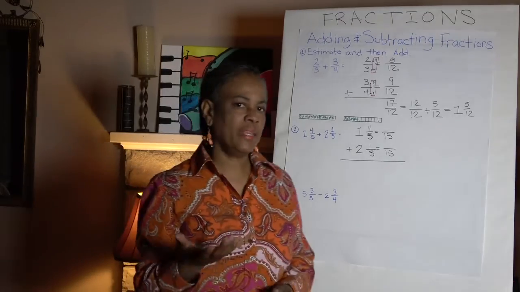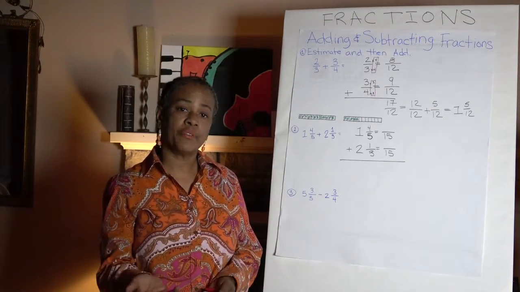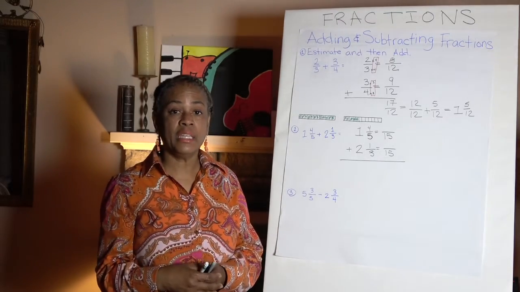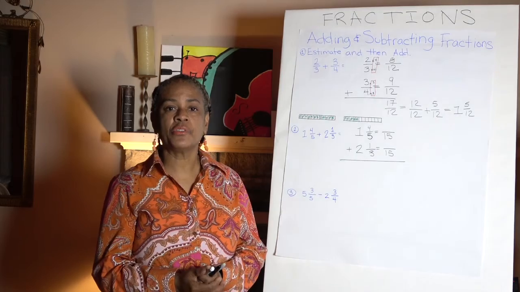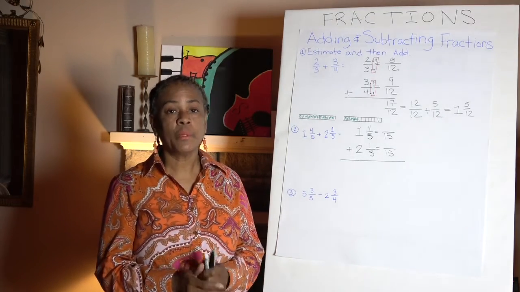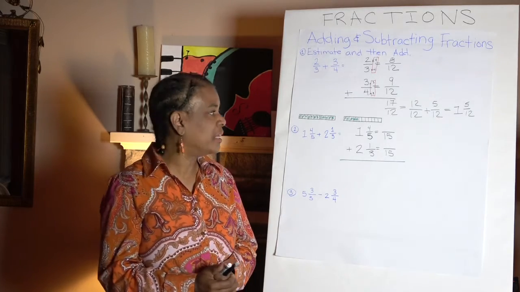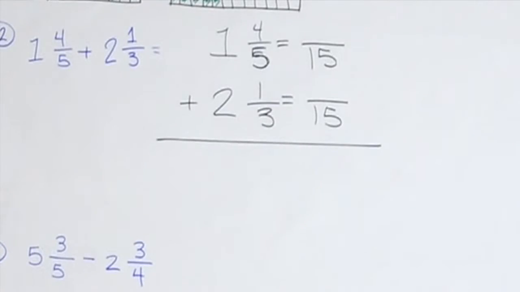Now, when I'm adding these, because I'm just adding, I could add the whole numbers, and then I could add the fractions, and then I can add them back together if I need to. And that's how I'm going to do it. Some people have other procedures that they like to use. Some people like to change everything into improper fractions. I don't think that's necessary. So I'm going to do it this way. So again, if I multiply the numerator and denominator by the same number, I'm multiplying by 1, and that's okay